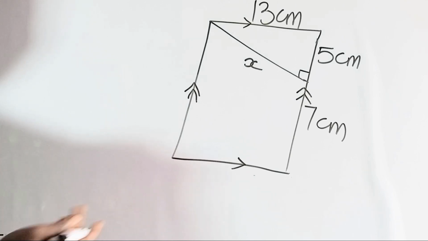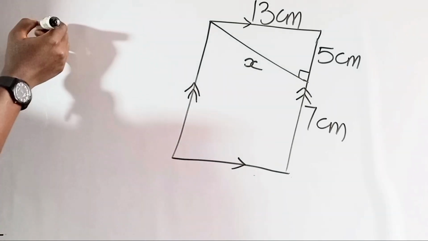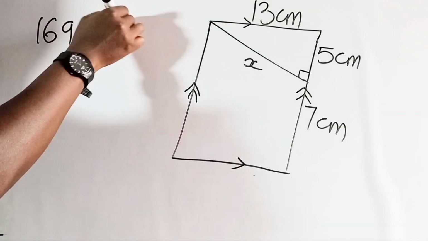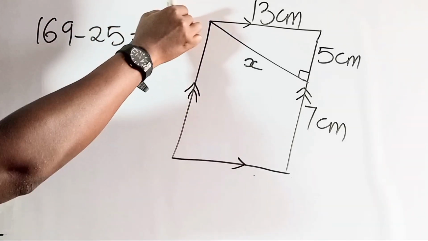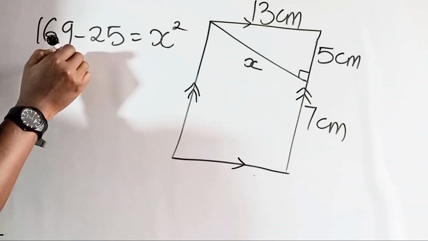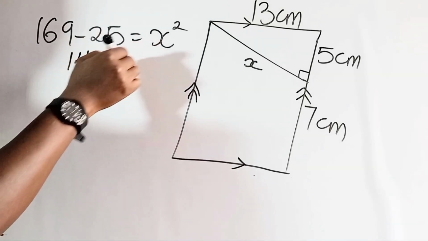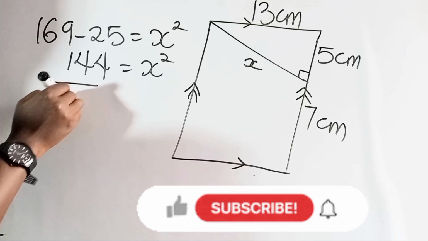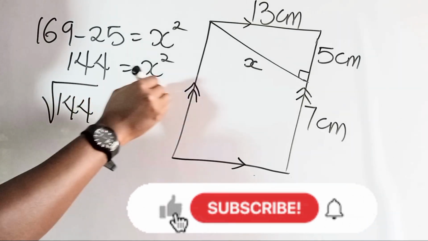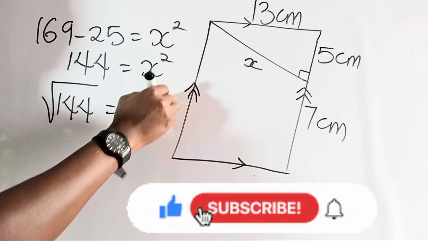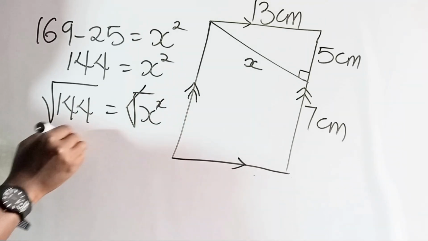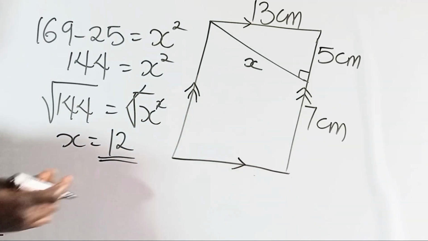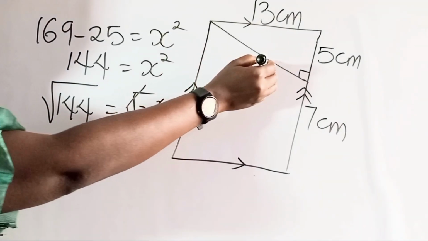If we subtract 25 from both sides of the equation, we have 169 minus 25 equals x squared. 169 minus 25 gives us 144 equals x squared. We find the square root of both sides of the equation. The square will cancel out the square root, so x equals 12, and this gives us the dimension for our